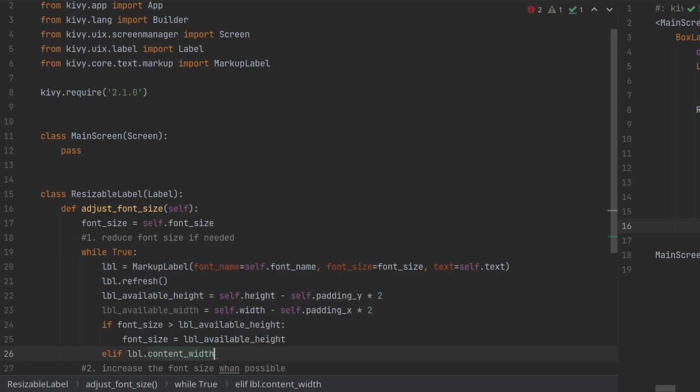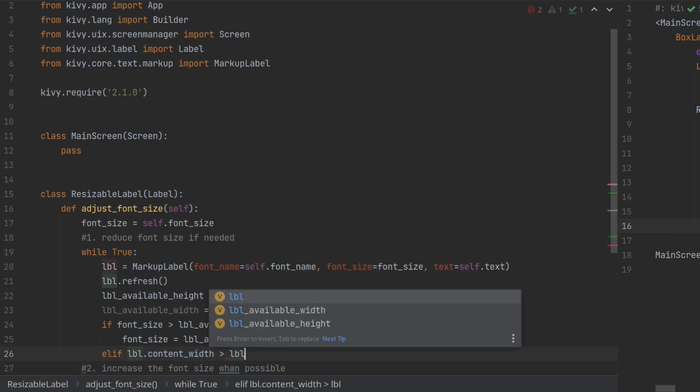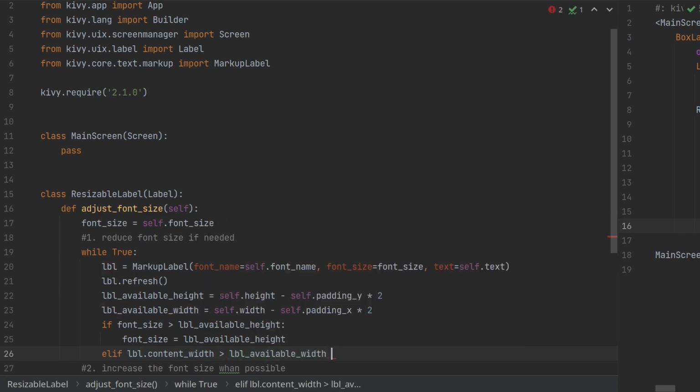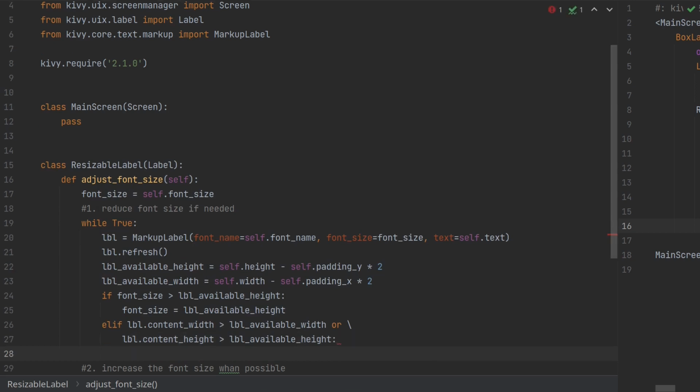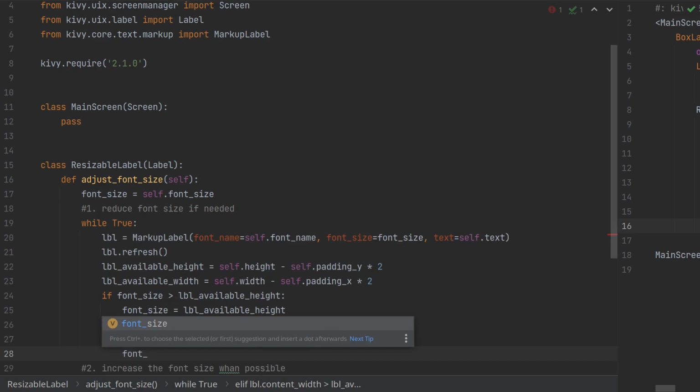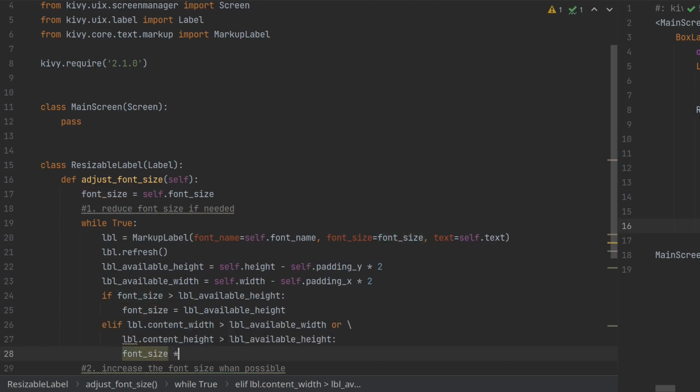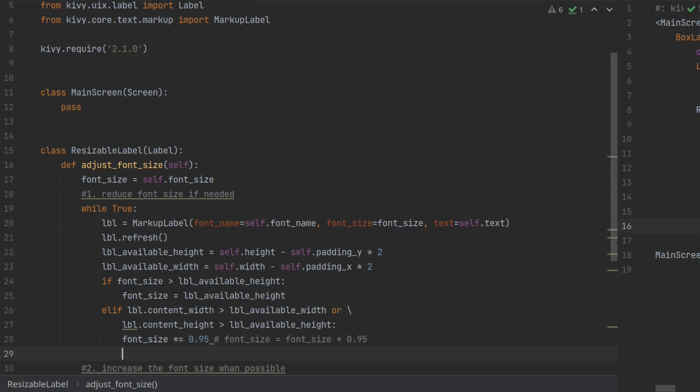So if the content width is larger than the available width, or if the content height is larger than the available height, well, then we're going to reduce our font size because then our font is too large. And so I'll take the font size and I'll just reduce it to 95% of its height. Now this here is, you might be familiar with the plus equals. So this is the same thing as saying, okay, now else